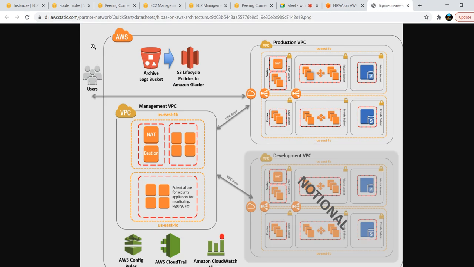Assume I have one AWS account, and under this account I have multiple VPCs. If you see here, this is the management VPC, this is the production VPC, and this is the development VPC. They have created VPC peering between your management and development, and management and your production VPC. If you see here, your database and applications, any proxy servers or any DMZ, demilitarized zone layer, any security, load balancer, everything is working in production.